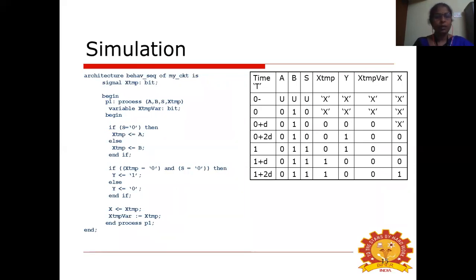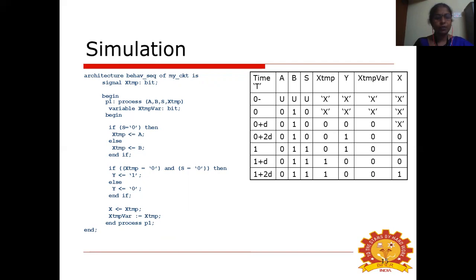Simulation. The same program. A temporary signal xtemp is used, which is of data type bit. Within architecture begin and end, process is used. The signals that drive are A, B, S, xtemp.